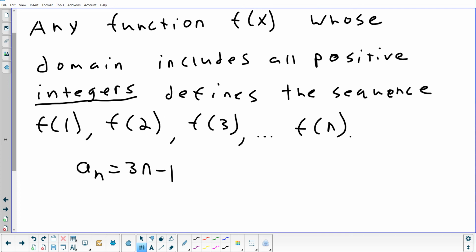Now, if you were graphing it, it would make sense to graph it and connect it with a line, because you could plug in any number if it was y equals mx plus b. But when you're thinking of it as a sequence, it doesn't make sense to plug in any number here. This n represents a position. Positions can only be positive, and they can only be integers. There's a number in the first position, there's a number in the second position in the sequence. There is no such thing as a 1.5 position.